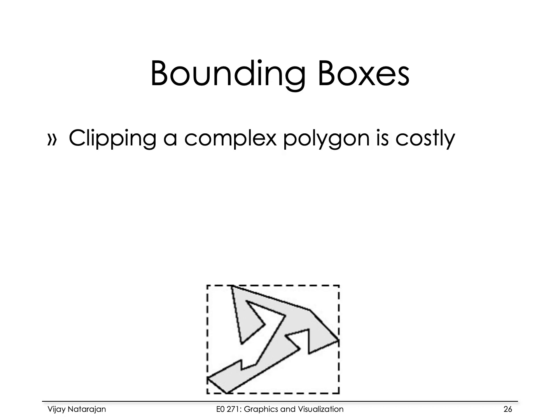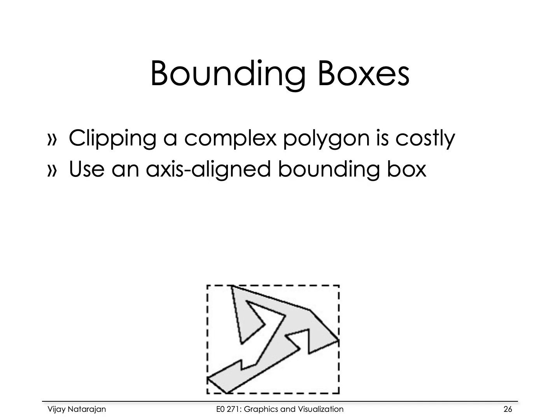So one of the early ideas here was the use of bounding boxes. The motivation is when you want to handle complex scenes, which consist of complex polygons, then clipping is actually a costly operation. If you can avoid it, then all the more good for you. So the way you avoid clipping computation is by storing your complex polygon